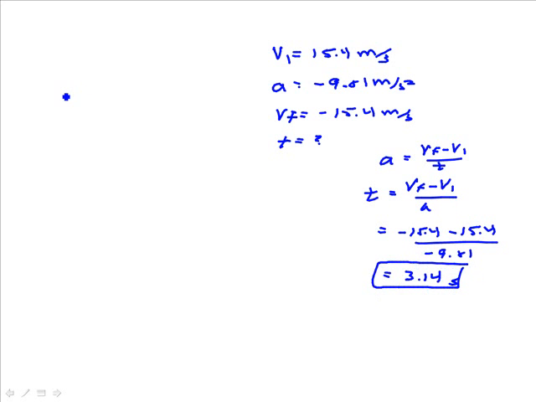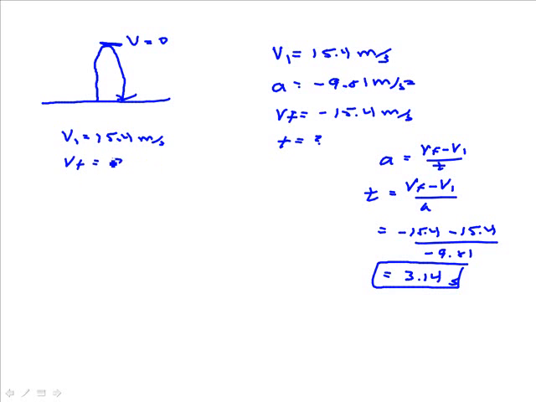To calculate the maximum height, you have to remember that if it leaves the ground at 15.4, it goes up to a certain height, then it comes back down. The speed at the top, V, is going to be equal to 0 here. So what you could do is say the initial velocity is 15.4 meters per second. The final velocity at the top is 0. We know that it's 15.4 negative coming down, but at the top it's 0. And of course the acceleration that's causing this change is 9.81,